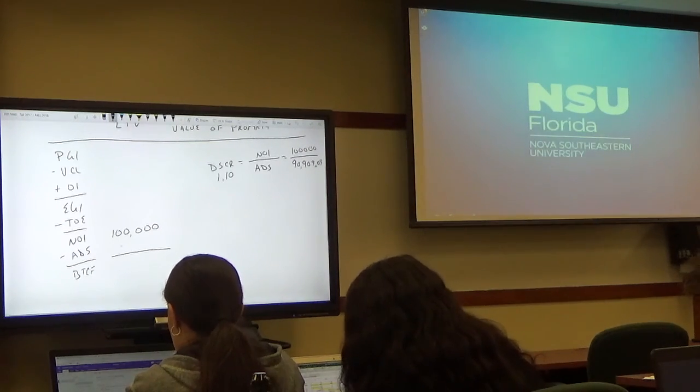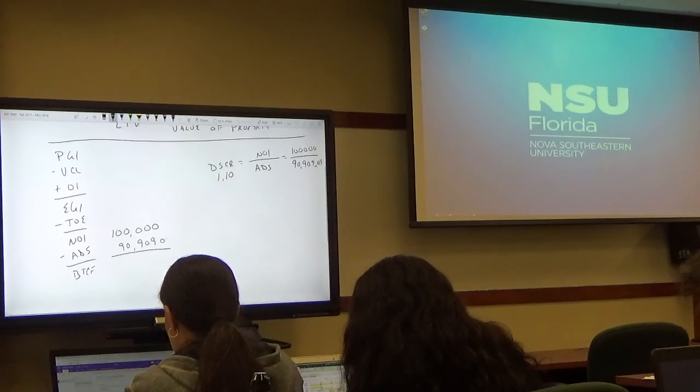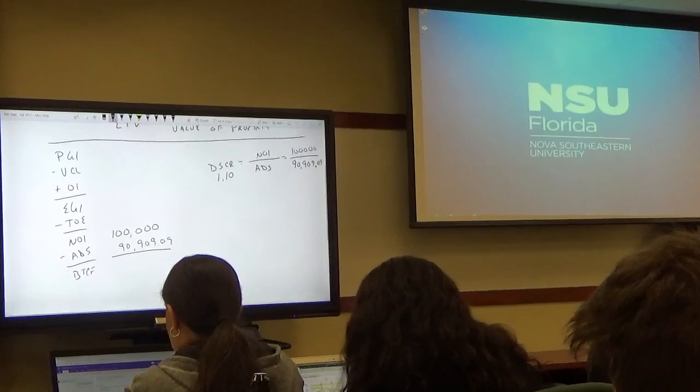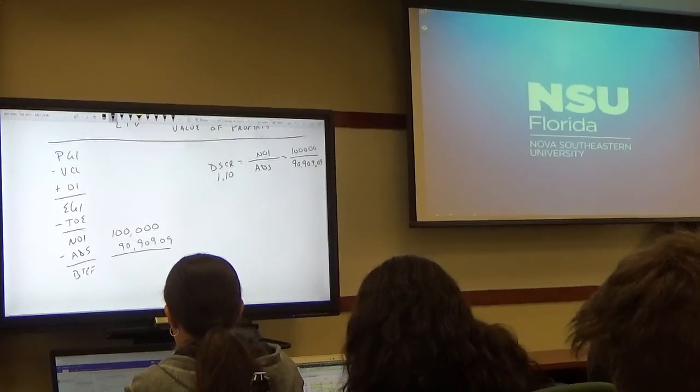Does everybody see that? That represents a 10% cushion. So what that means is the lender is basically saying, I don't inherently trust that you're